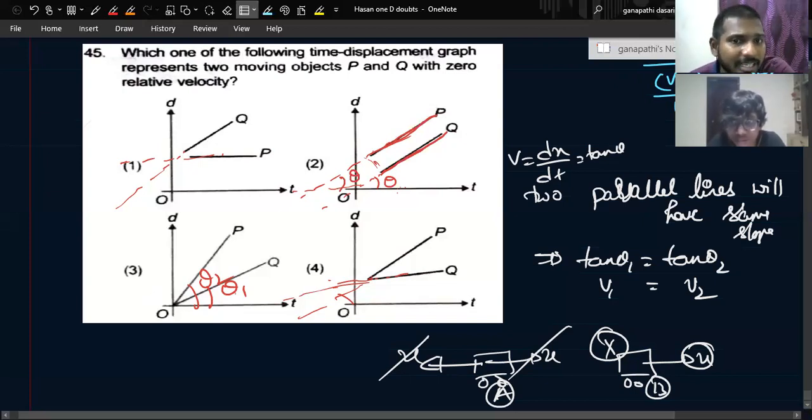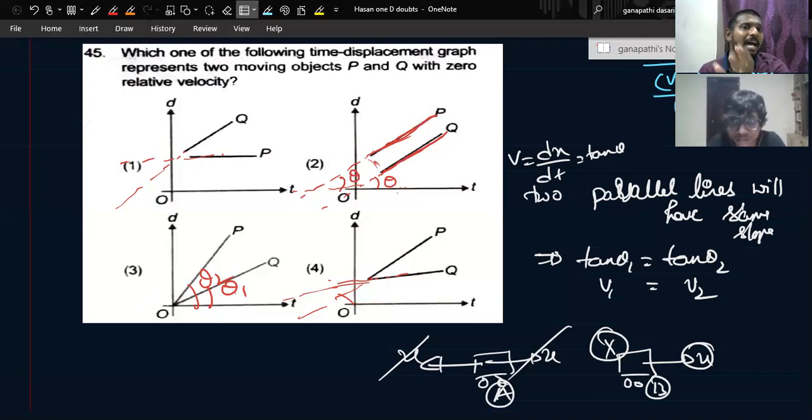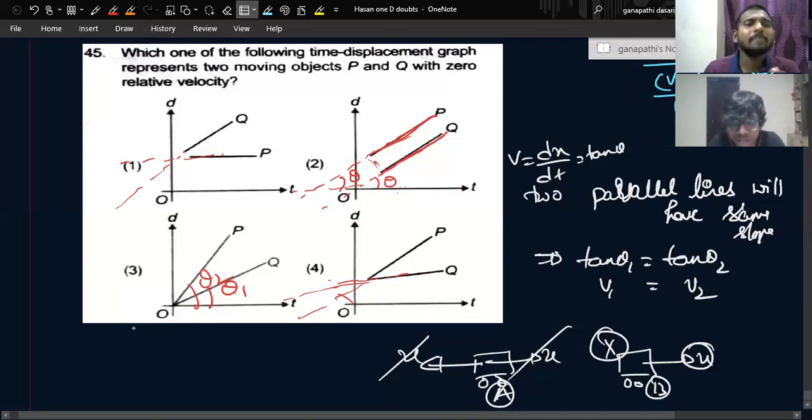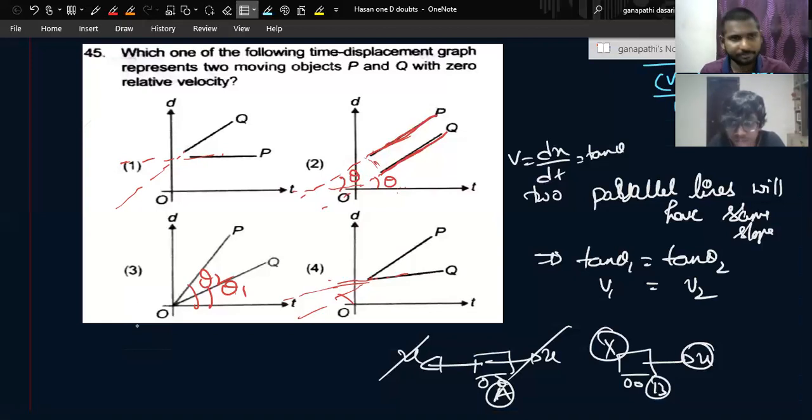You tell me if you are not understanding, because graphs come every year. Out of 45 questions, there will be 3 to 5 questions, but not entirely 5 questions will be of graphs. There will be analytical questions like graphs. One or two might be from graphs every year. That might be from this topic or from any other topic.